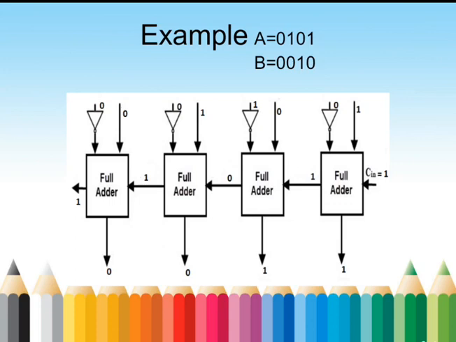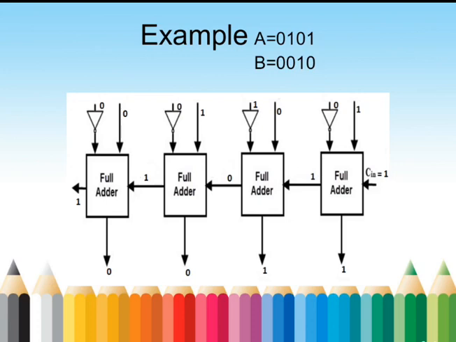From the first full adder circuit, to find the first difference, again it is an XOR operation for 3 different inputs, that is 1 XOR 1 XOR 1 is 1. For carry output, it is 1 into 1 plus 1 into 1 plus 1 into 1. Carry output is 1. In the similar way, the second full adder circuit can also be analyzed.